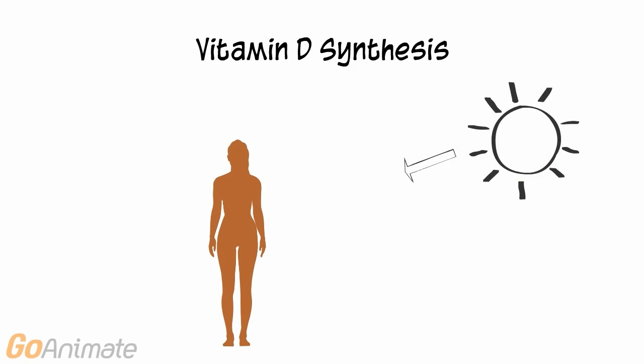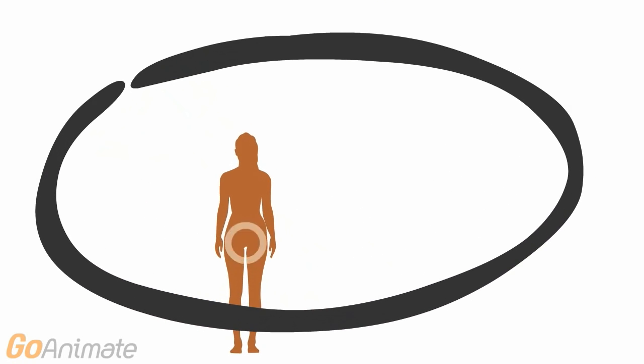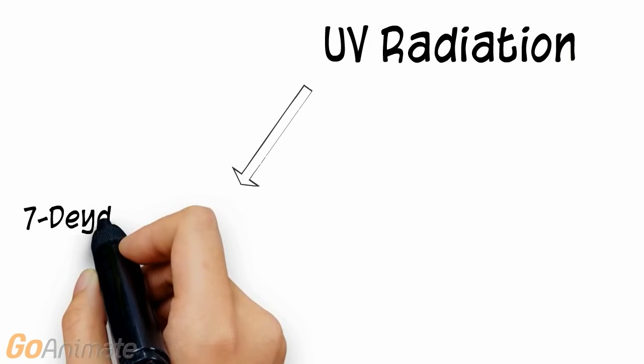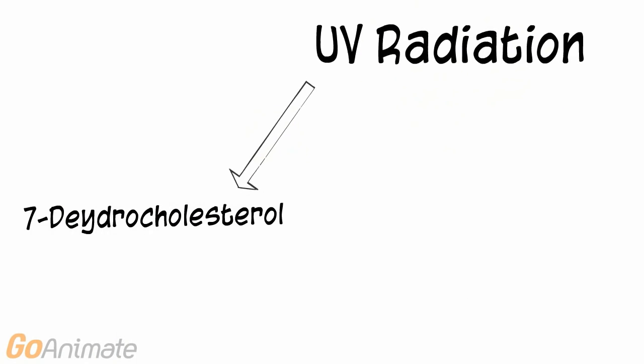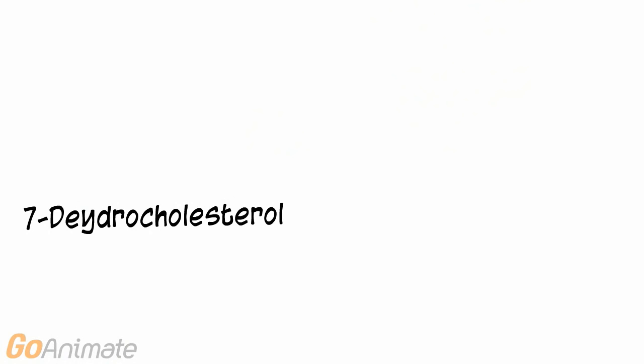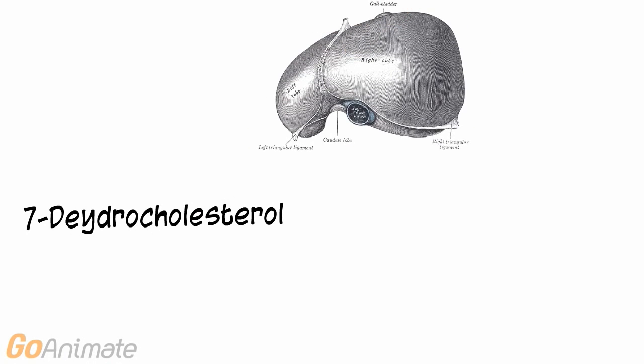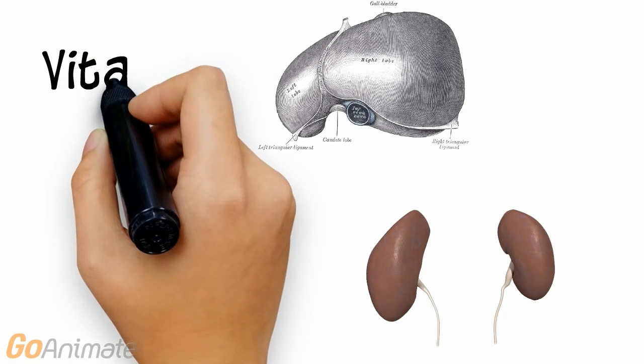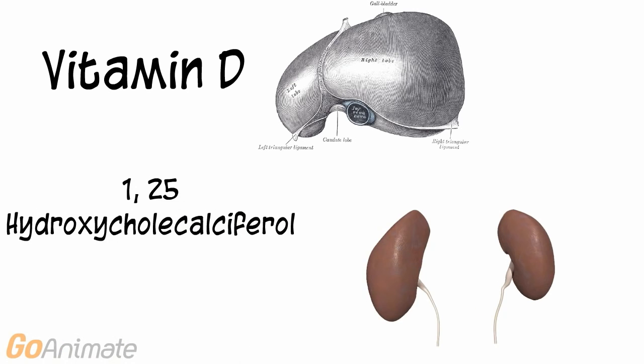The skin also helps to synthesize vitamin D. Vitamin D, or cholecalciferol, is synthesized when a precursor molecule, known as 7-dehydrocholesterol, absorbs ultraviolet radiation. This molecule then travels to the liver and kidney, where it is converted to the active form of vitamin D, which is 1,25-hydroxycholecalciferol. Vitamin D is an important substance in the body. It functions to help the body absorb calcium. It also helps with calcium transport in the